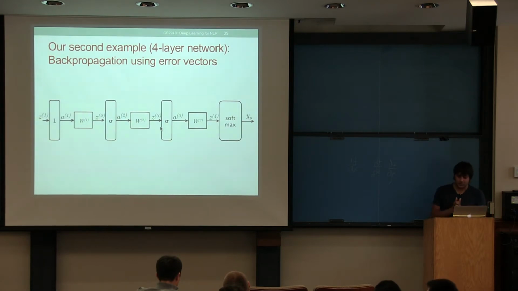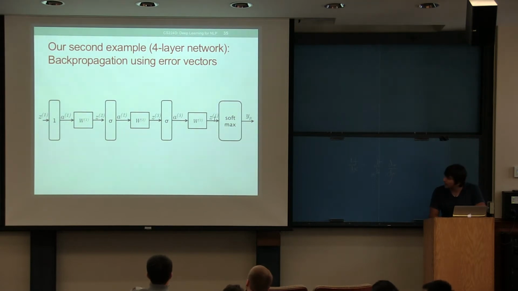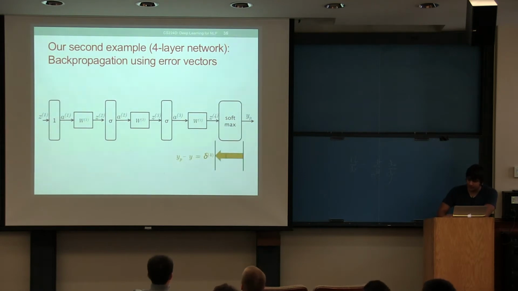And now I want to just go through a much more complex network. So here we have a softmax loss. We have 3 input layers, but everything is going to follow through in the exact same manner, so we can sort of rush through it. Here we basically have a predicted value yp, y sub p. I would have called it y hat, but PowerPoint is not that friendly. And yeah, let's start. So we start with the error propagating backwards, which is yp minus y.